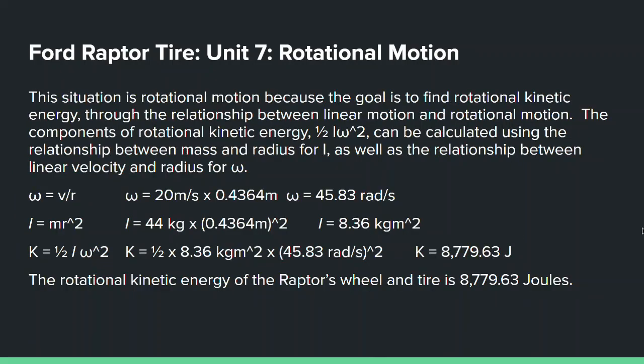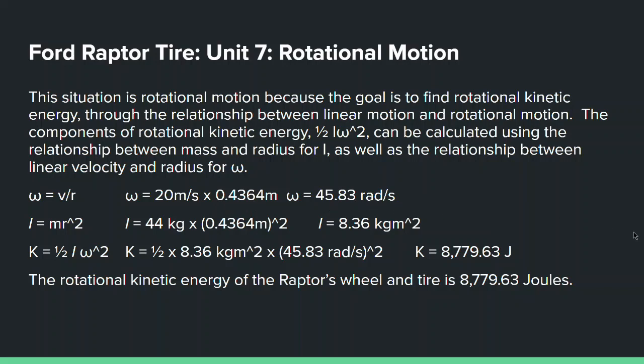Okay, so this situation is rotational motion because we are trying to find the rotational kinetic energy through the relationship between linear values and rotational values. So we have certain linear values of 20 meters per second, and then we have a mass which is 44 kilograms, and we can find the rotational velocity from the linear velocity by dividing it by the radius. So we take 20 meters per second divided by the radius, and we get